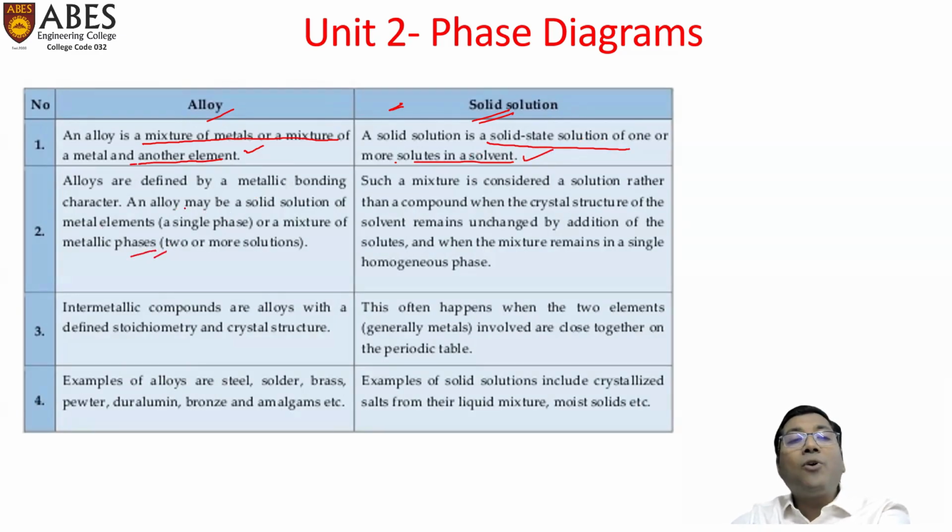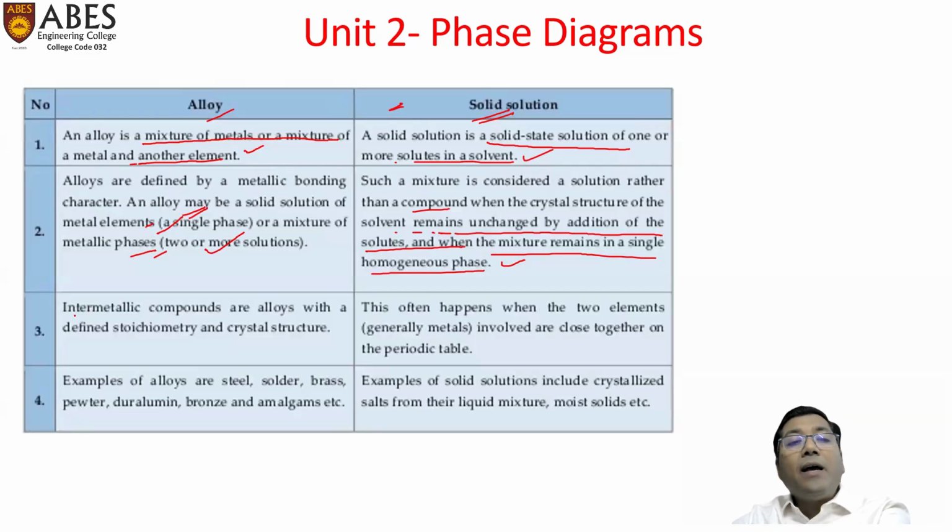So an alloy may be a solid solution where a single phase of metal elements is present, or a mixture of metallic phases. A mixture is considered a solution rather than a compound when the crystal structure of the solvent remains unchanged by addition of the solute. This is as per the definition. And the mixture remains in a single homogeneous phase. In a solid solution, always the mixture will remain in a single homogeneous phase. But in an alloy, it may be a single phase or two or more phases can exist